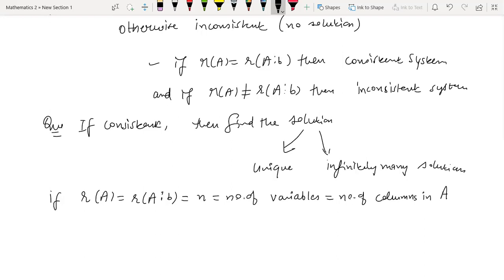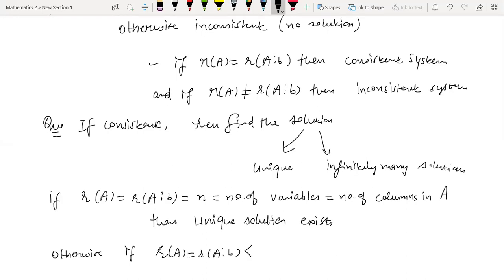Just like the previous question, we found the rank was equal to 2. So now the rank is going to have a certain value. If that value is equal to n, in that case we have a unique solution. Otherwise, this rank, which is actually equal for both of them, is strictly less than n, right? Strictly less than n. Then we have the other possibility, infinitely many solutions. There is no other possibility for rank that it will be greater than n.